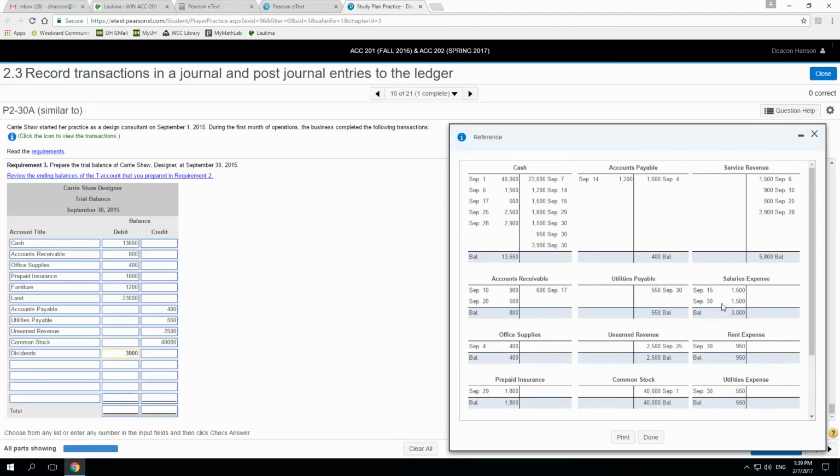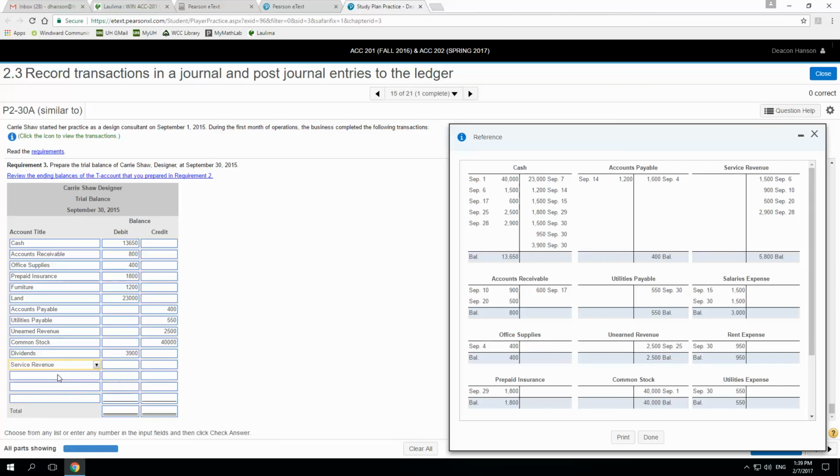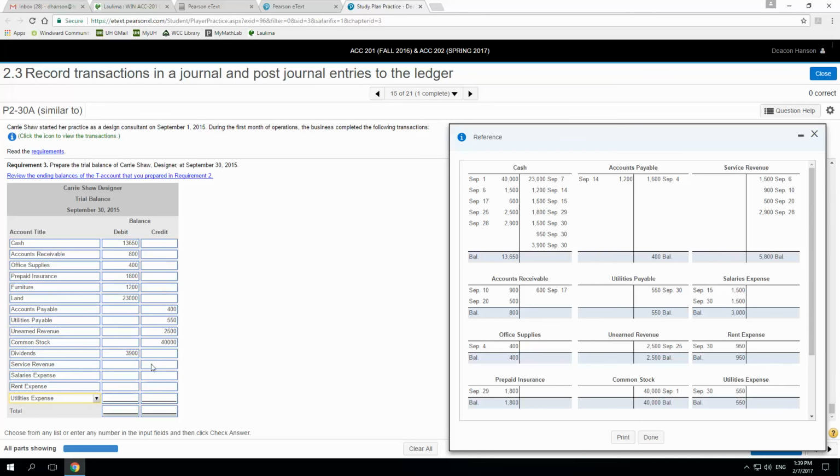Then we got this last column. I think we can see all of them without having to scroll down. Yep. One revenue account, service revenue, and 3 expense accounts: salaries expense, rent expense, and utilities expense. My service revenue has a credit of $5,800, and then my expenses will have debit balances. So $3,000 for salaries, $950 for rent, and $550 for